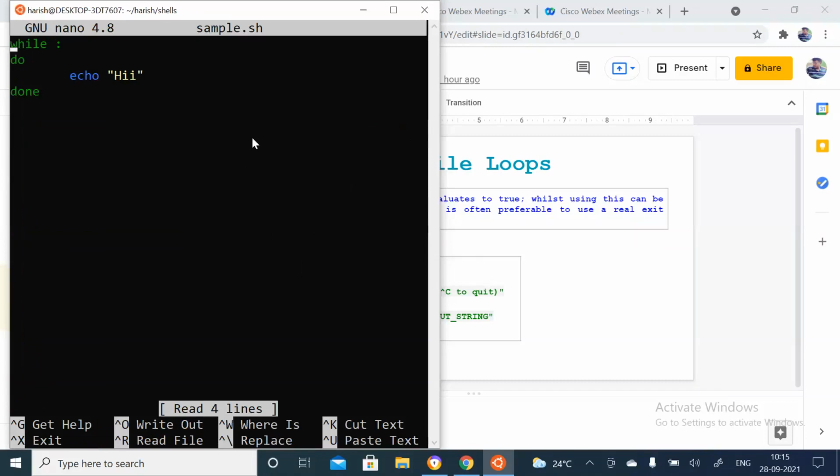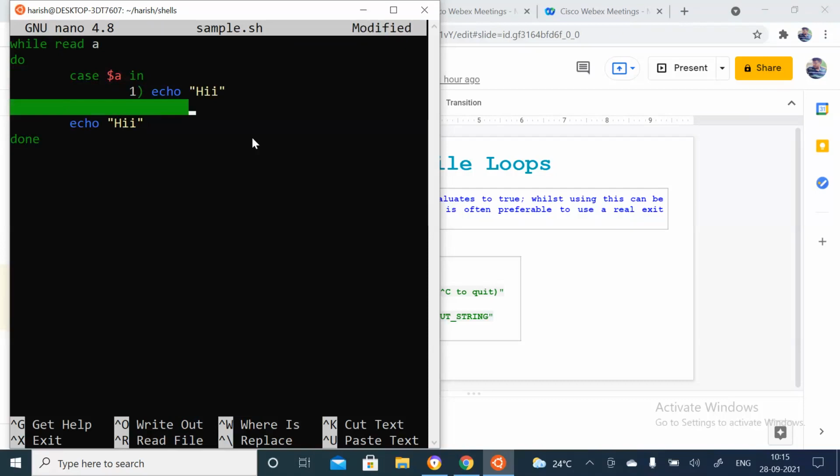Suppose you want to use that switch case concept, then here itself you can read that value. Read suppose A, and whatever this is, suppose here I'm using that case concept. Case, whatever value you read in A, and suppose I'm saying S1, I, right? If you have that value 2, then